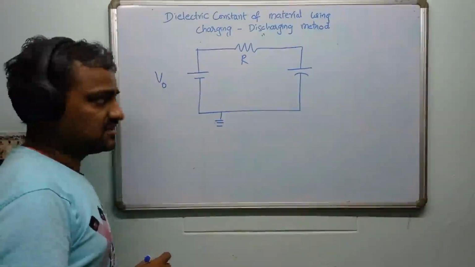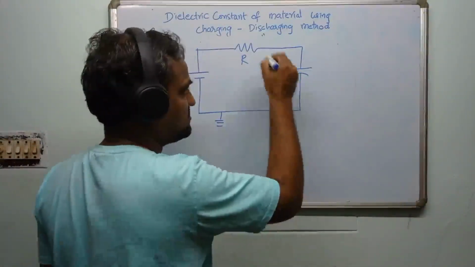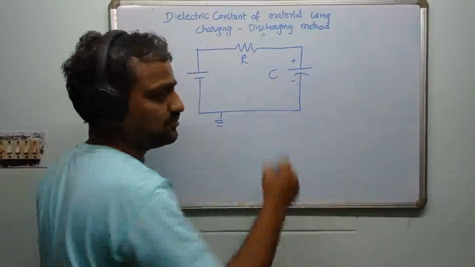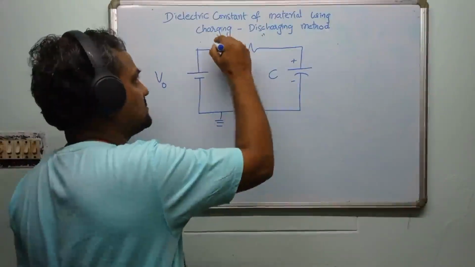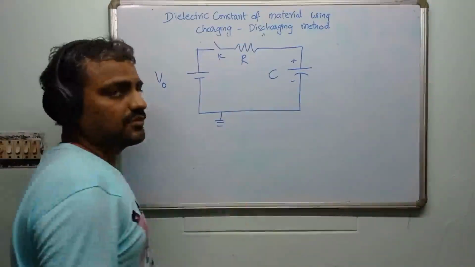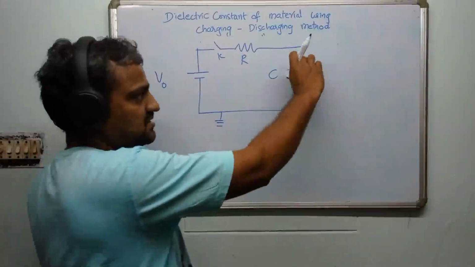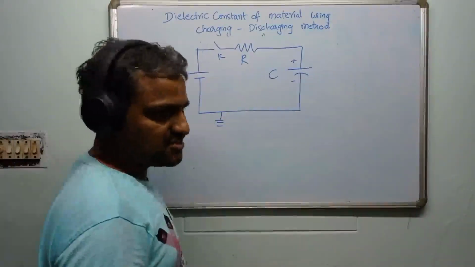This is the reference ground. And the capacitor's capacitance is what we call C. Of course, this is going to be the positive polarity. This is the negative polarity. And when you try to start the circuit with the help of a key, and if you start at time t equal to 0 with the capacitor's two ends shorted, the capacitor is initially discharged,